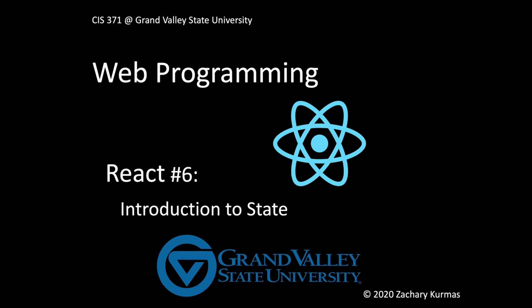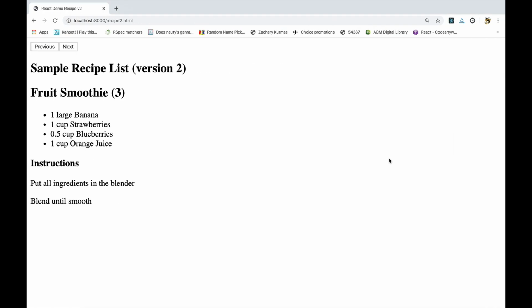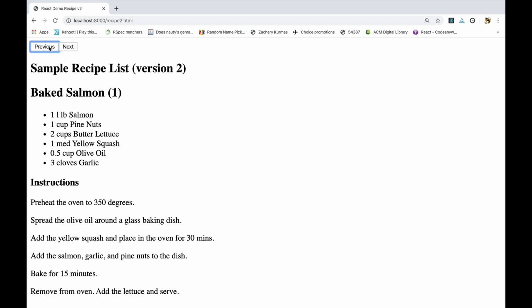Let's add just a little bit of state to our running recipe example. To motivate the need for state, let's change it up a bit. Instead of there being 3 recipes, let's pretend that there's 300. So we don't want to show all of those recipes at once like we've been doing. We only want to show one at a time and be able to click back and forth to move forward